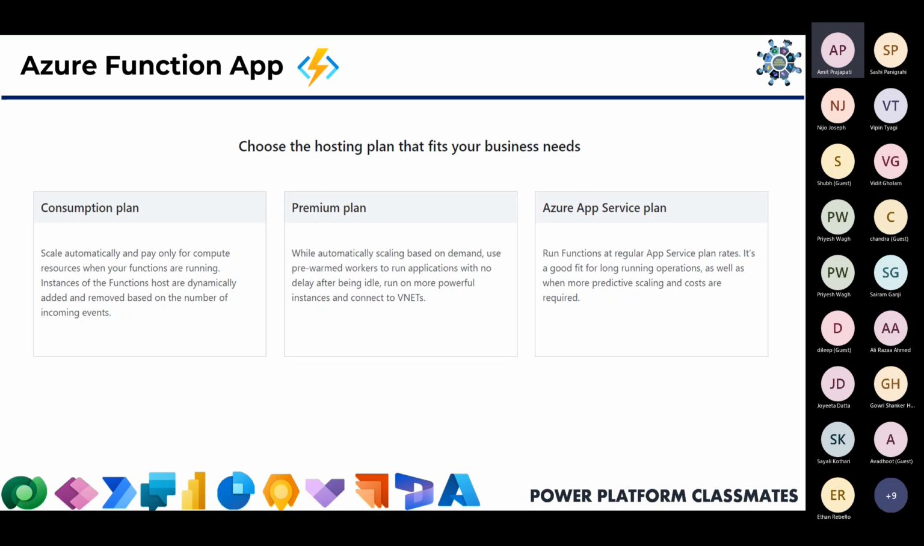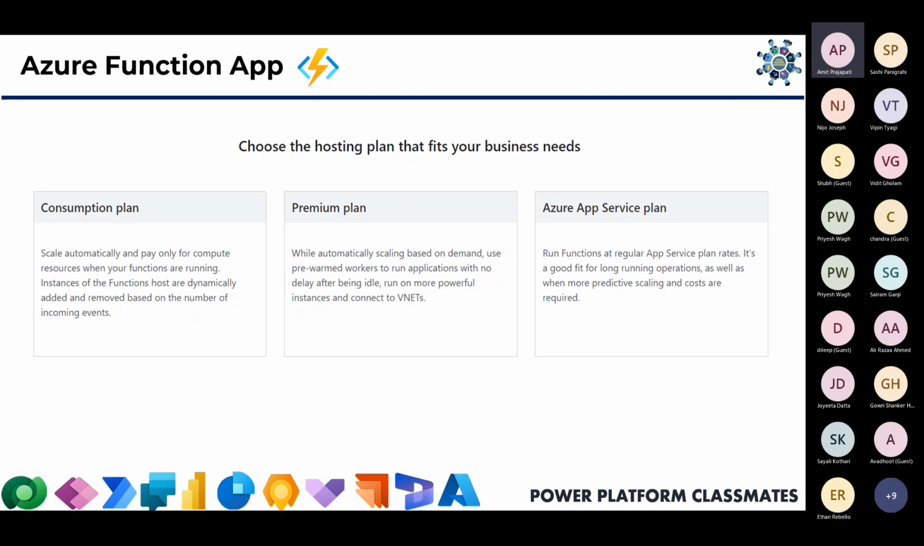Now, the consumption plan only pays for what you compute. Let's say your function executes for 1 second. Let's say in one day your function is only executing for 5 minutes total, so it will only cost for that particular 5 minutes, not for the whole day. Now in the premium plan, you will have a dedicated machine where your function will be deployed,